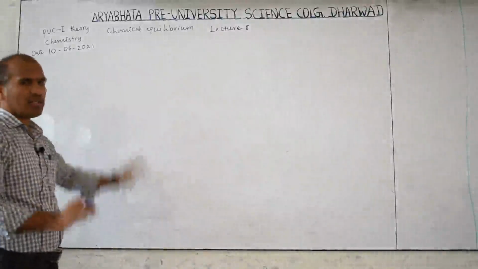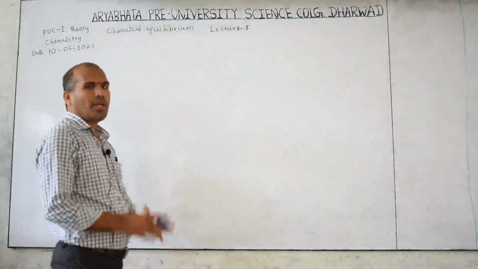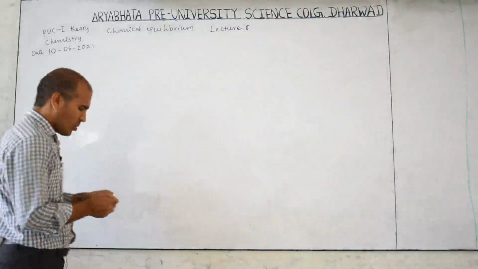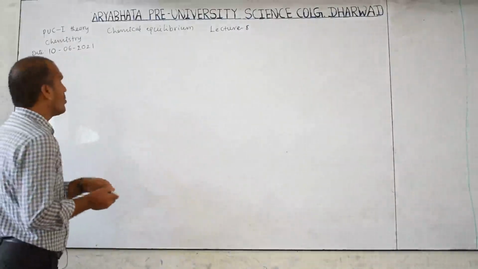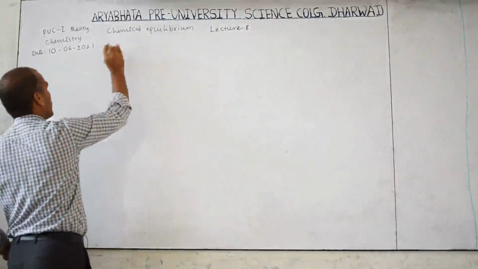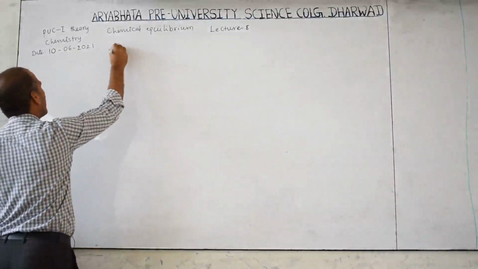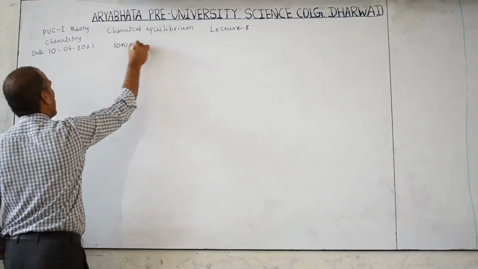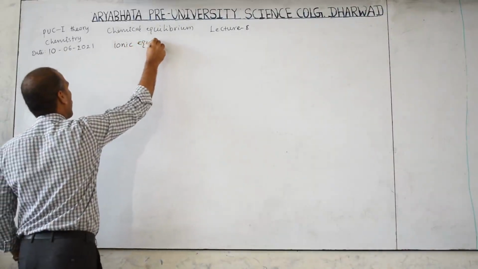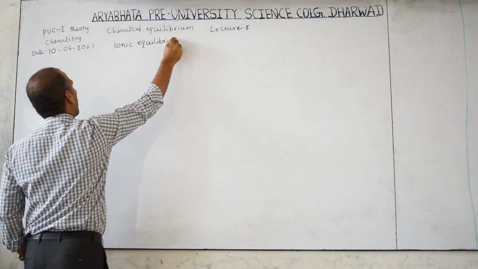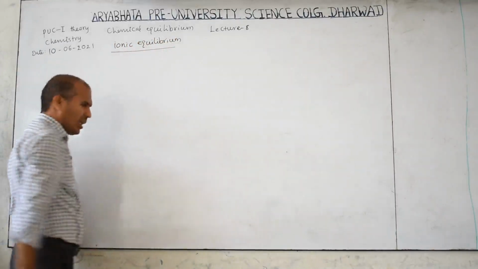In the previous class I discussed the chemical equilibrium part. Now in this chemical equilibrium part, one more small topic is, this is not small, actually very big, that is ionic equilibrium. Ionic equilibrium means,